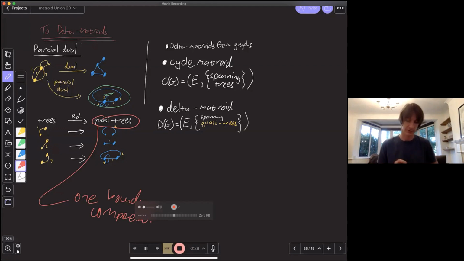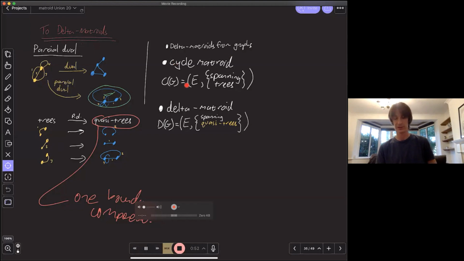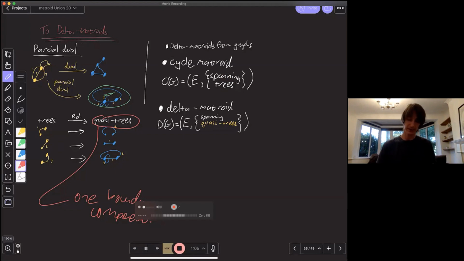It's a little bit awkward to formulate precisely. So under partial duality, my trees become quasi-trees. I can take the definition of a cycle matroid, where I've got my spanning trees, and I just delocalize and replace these with the spanning quasi-trees. And what I end up with, this pair, is an example of a delta-matroid.